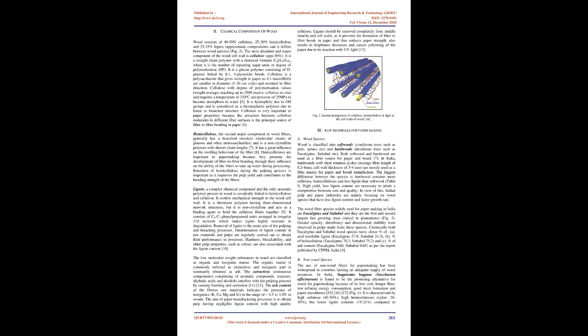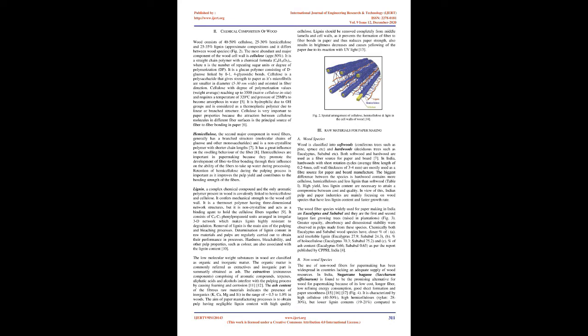8. Hemicelluloses are important in papermaking because they promote the development of fiber-to-fiber bonding through their influence on the ability of the fibers to take up water during processing. Retention of hemicellulose during the pulping process is important as it improves the pulp yield and contributes to the bonding strength of the fibers. Lignin, a complex chemical compound and the only aromatic polymer present in wood, is covalently linked